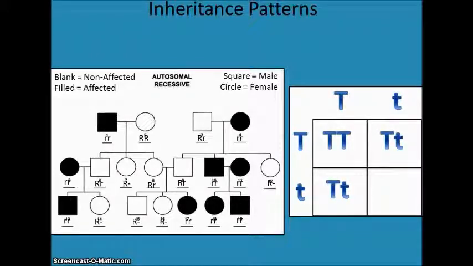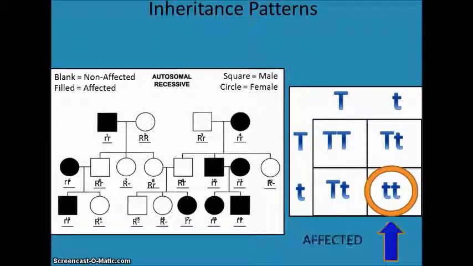The next two squares show the most commonly occurring results. In this Punnett square, there's a 50% chance that the offspring would have one dominant allele, one recessive allele. They would be just like their parents, where they would not have the disease themselves, but they could pass it on to their offspring. Finally, in the last square is the worst possibility. When the child receives two recessive alleles, which there's a 25% chance of doing so, they would become affected and they would have the disease.